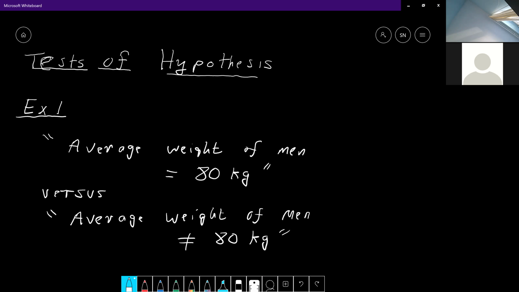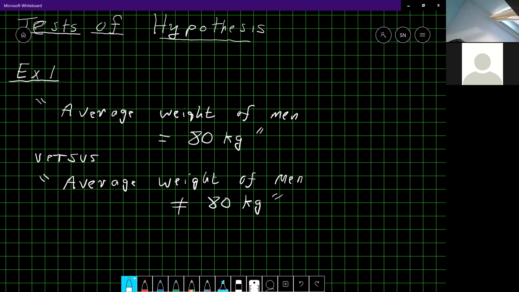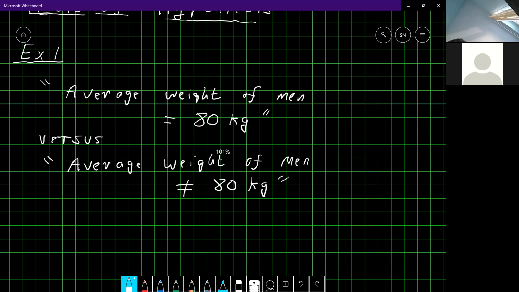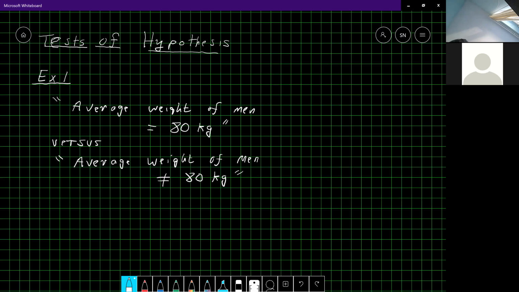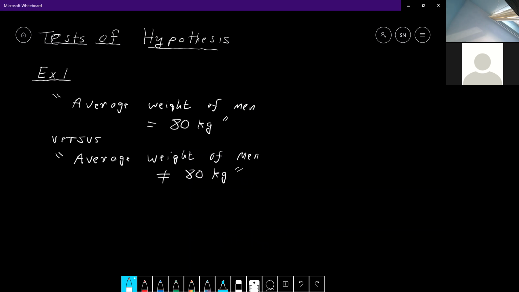So this is one example. You're trying to test the hypothesis whether the average weight of man is equal to 80 kilograms versus the alternative hypothesis that it is not equal to 80 kilograms. So that's example 1. Another example